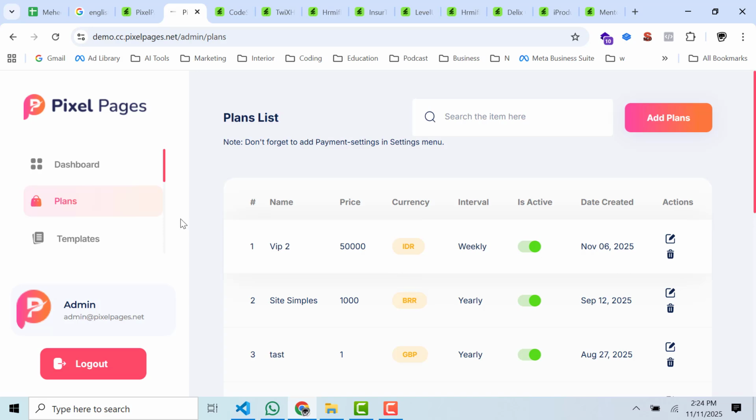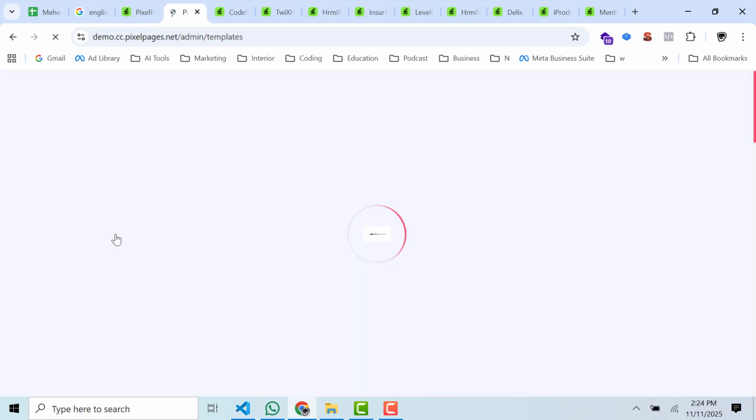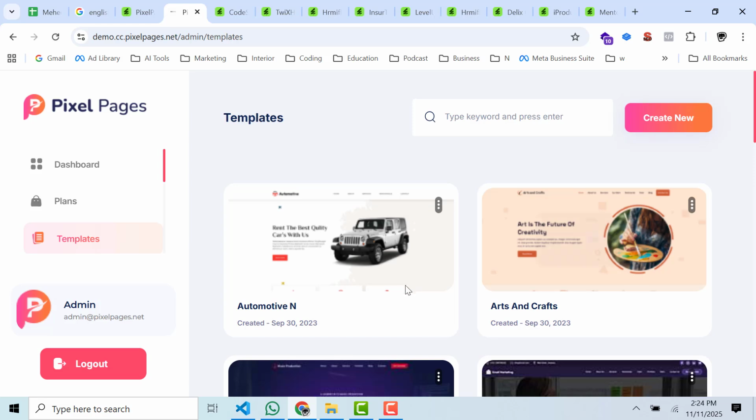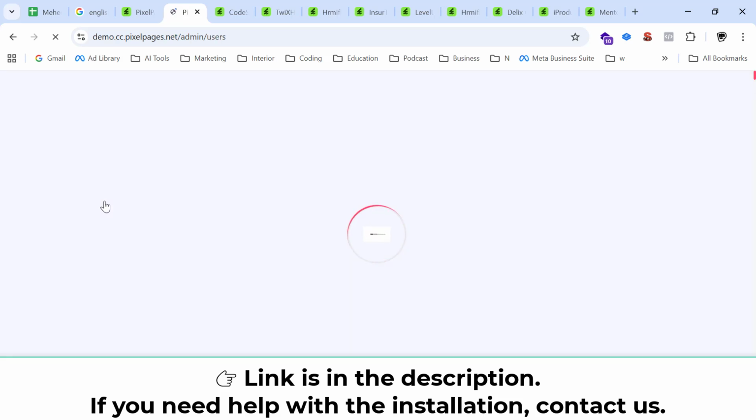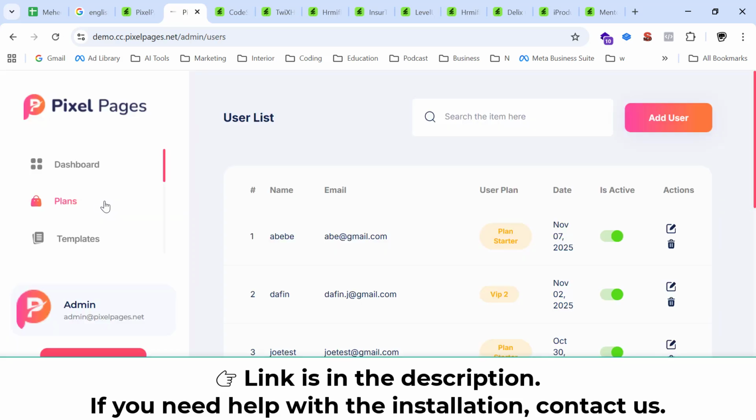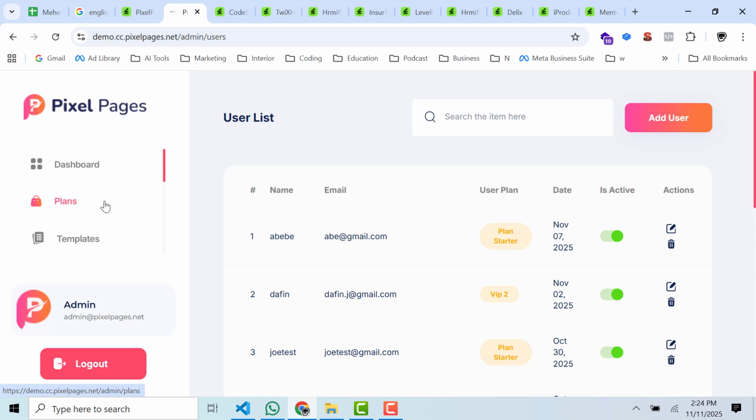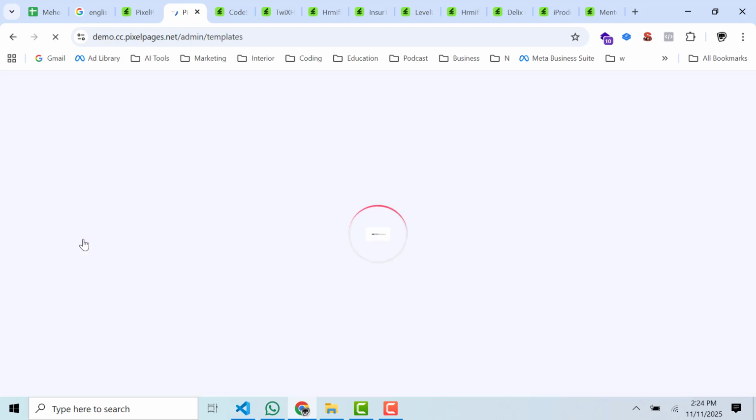You can change status, template, same pattern, create template, and user list. You can add users, edit and delete also, then templates,